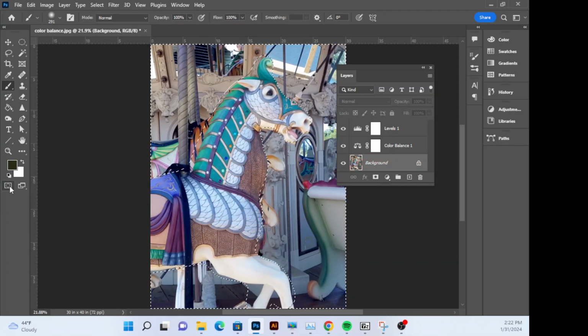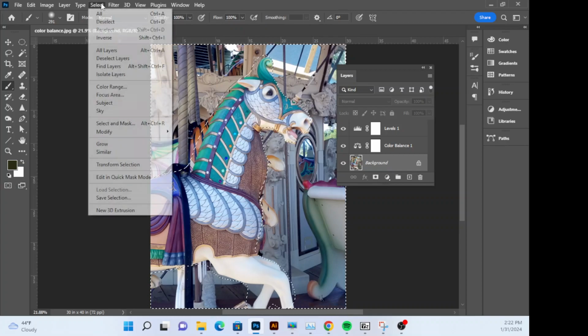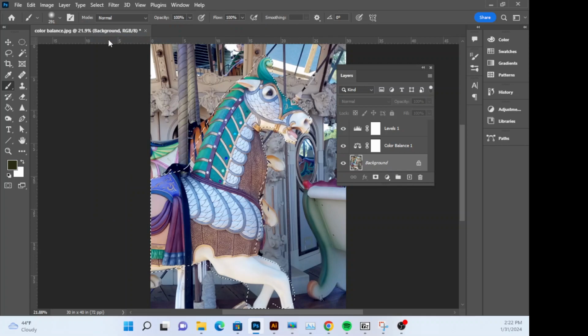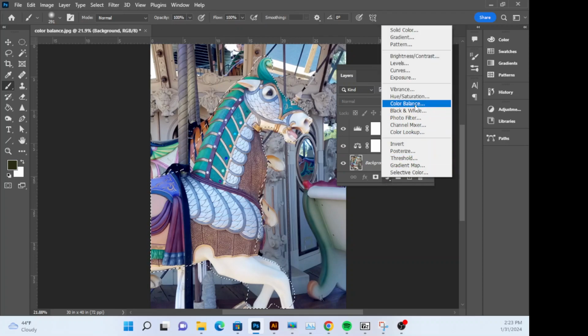What part is selected right now? Yeah, it's the outside, not the horse. So we need to inverse it just like we did last time. So you're going to go to Select, Inverse. So now I have just the horse selected, because now I want to do a color balance adjustment layer with just this area selected. So now I'm going to go back here, click on my color balance,